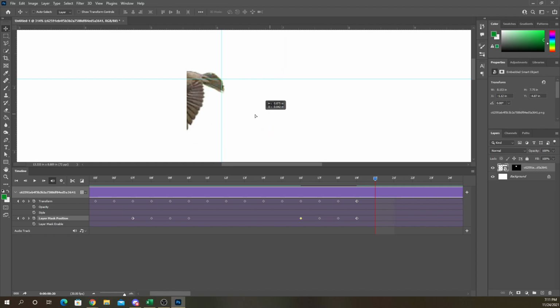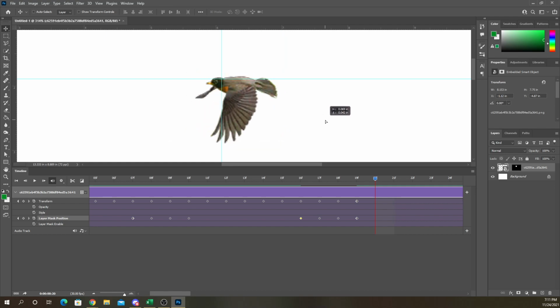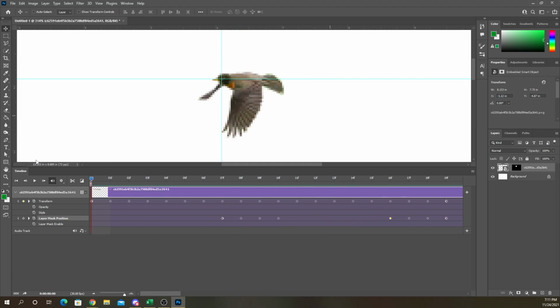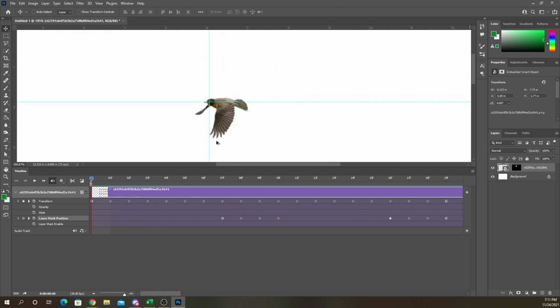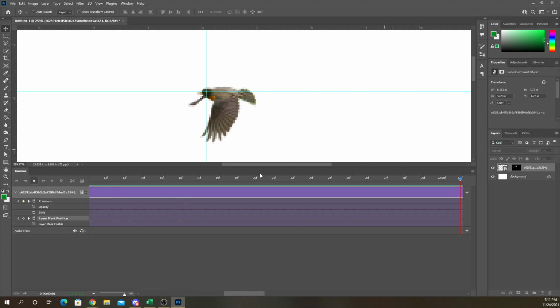Next frame. Oh, that was the final one. So there's no more next frame. So we got all of them. Now when I press play, we'll have much smoother looking animation because we've got a lot of frames. And